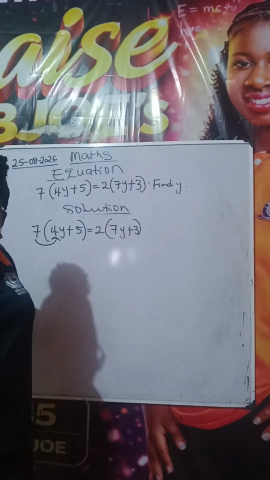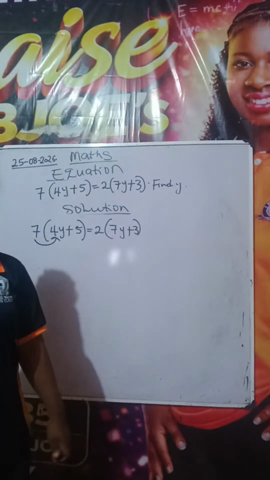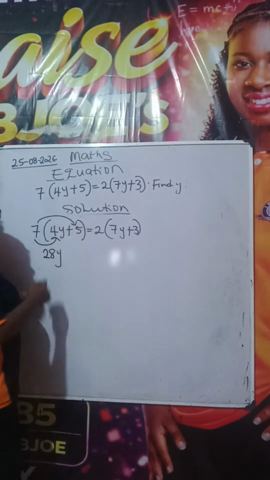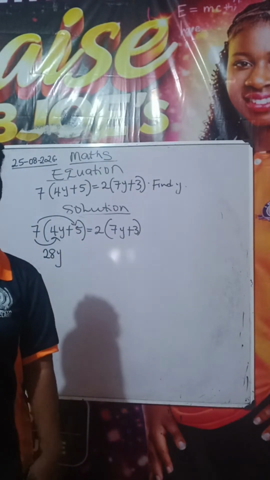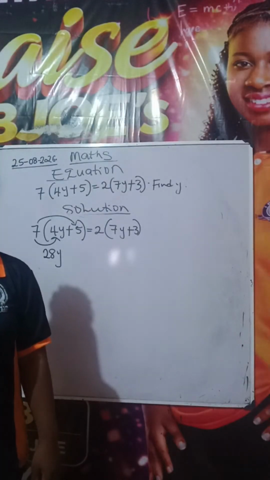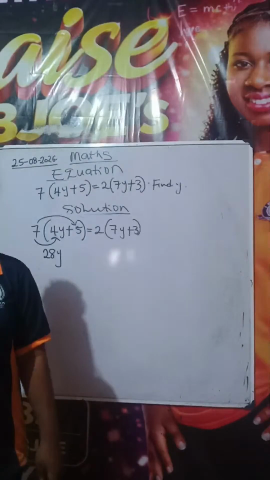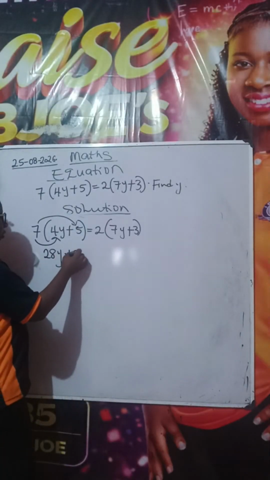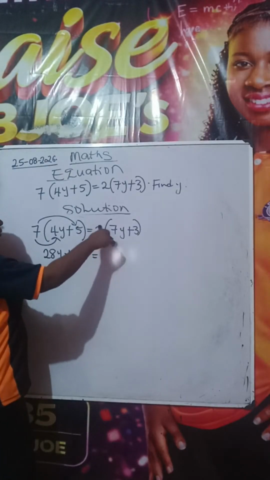What do we have? 7 times 4y. 28, correct. So we have 28y. Then 7 times 5. What do we have? 7 times 5 will give you 35. Good job. So we have plus 35 equals to,